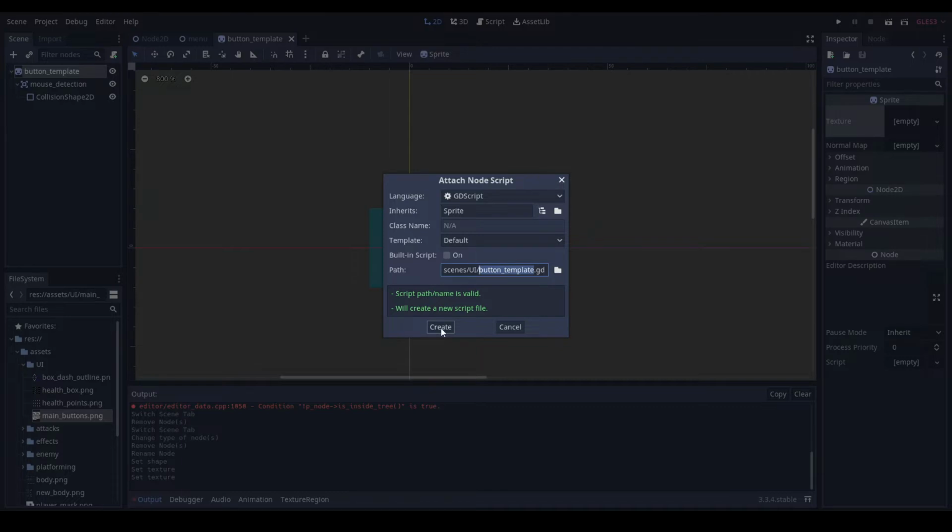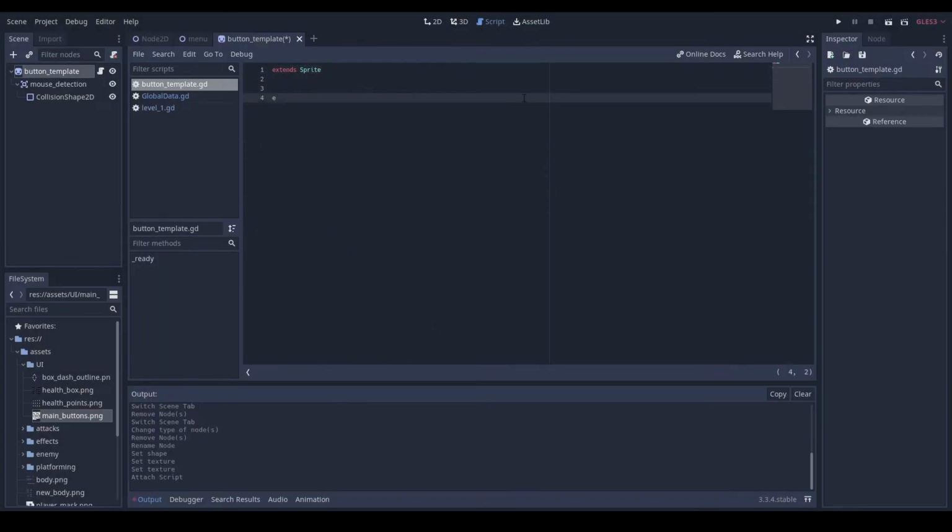So then we'll create a script to it, and we'll do export var button name is equal to button, export var h frames is equal to 1, export var v frames is equal to 1,